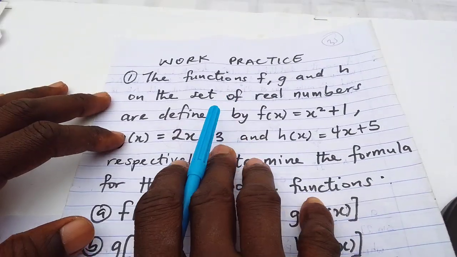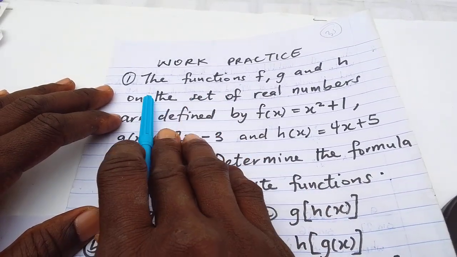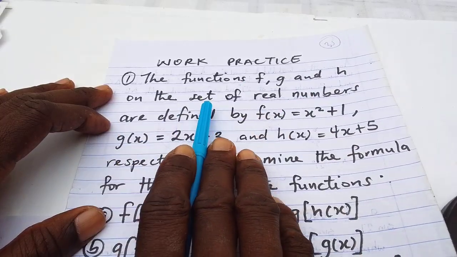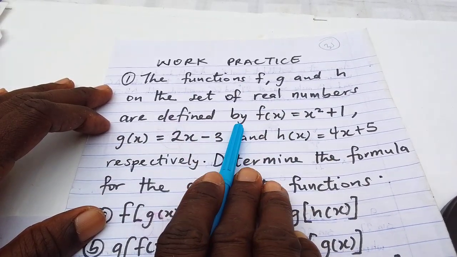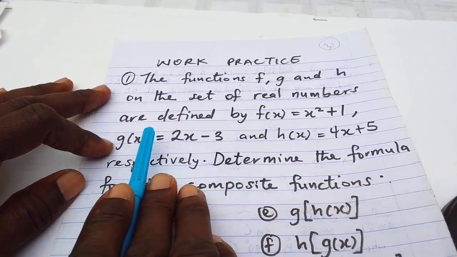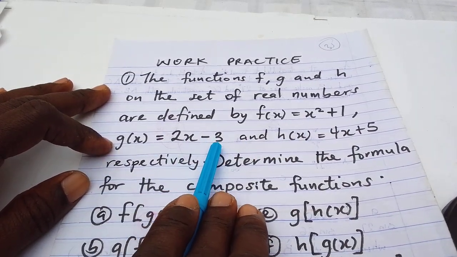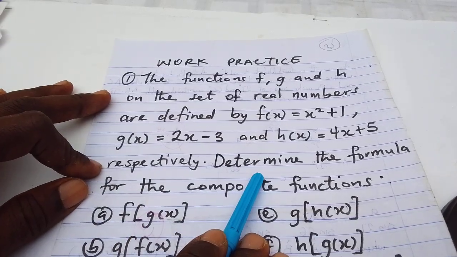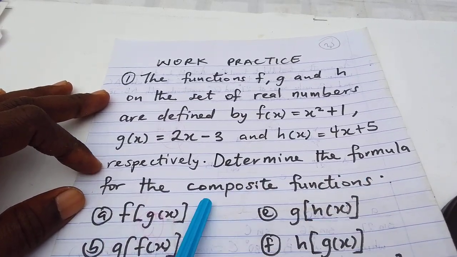Now let's look at the work practice. Number 1, the functions of f, g and h on the set of real numbers are defined by mapping of x is what? x squared plus 1, that of g 2x minus 3, and h is 4x plus 5 respectively. Determine the formula for the composite